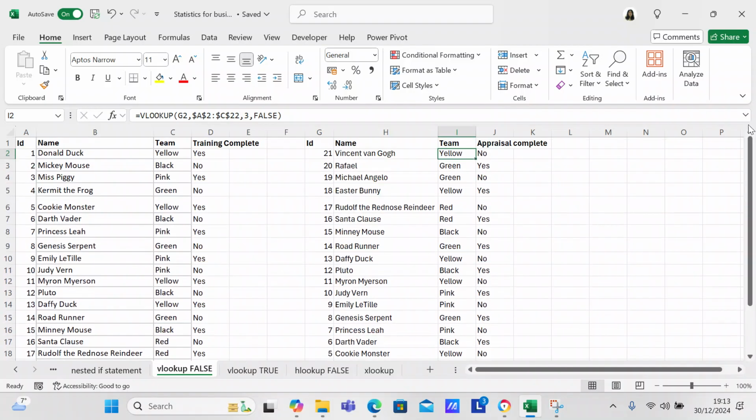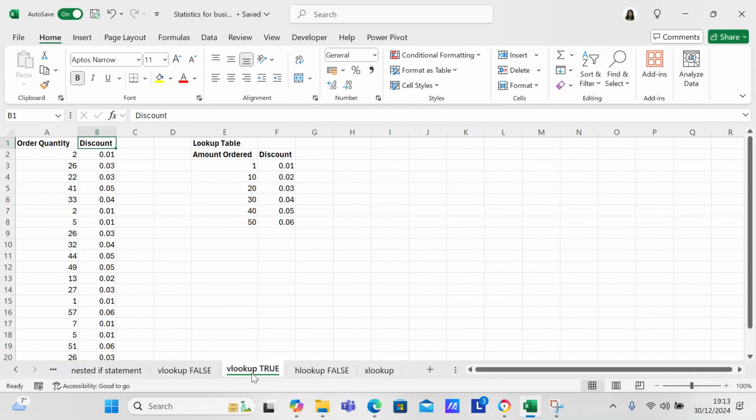And then we do appraisal complete, and I just need no, yes, no, yes, no, yes. So that's basically how you use VLOOKUP, and I use VLOOKUP a lot. The little spreadsheet that I've made is very similar to the spreadsheet that I use at work. So I just wanted to show you what I use at work. So now what we're going to do is look up